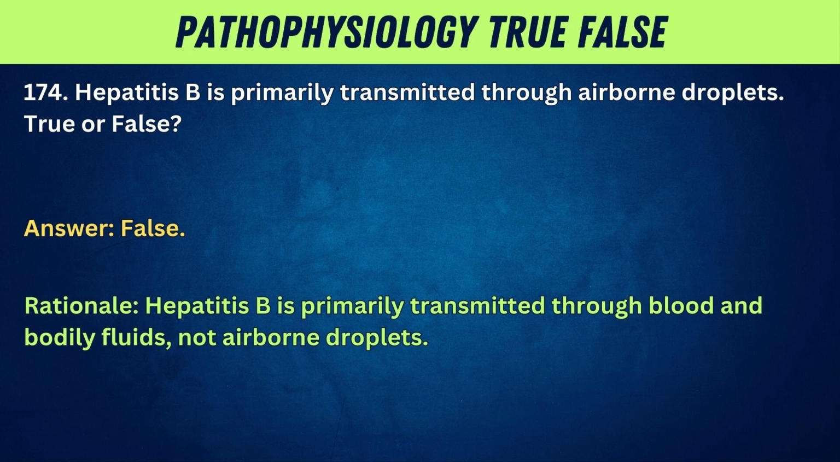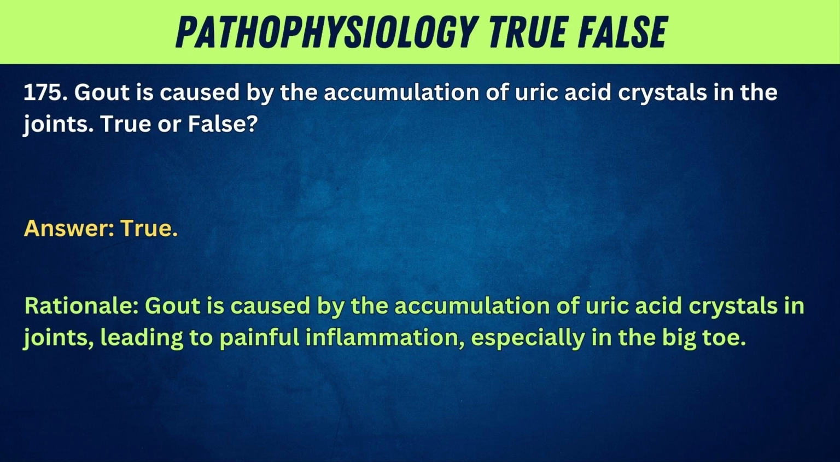Rationale: hepatitis B is primarily transmitted through blood and bodily fluids, not airborne droplets. 175. Gout is caused by the accumulation of uric acid crystals in the joints. True or false? Answer: true. Rationale: gout is caused by the accumulation of uric acid crystals in joints, leading to painful inflammation, especially in the